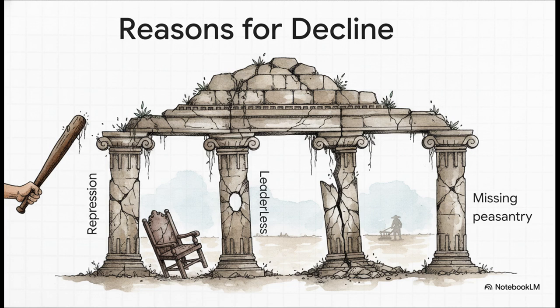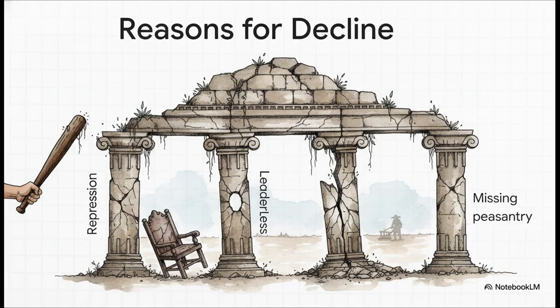First off, the government came down hard. I mean, severe repression. Second, the movement just didn't build a disciplined party structure to actually withstand that kind of pressure. Because of all that repression, by 1908 the movement was essentially leaderless. The heavy hitters were either arrested, deported, or just retired from active politics altogether. On top of that, internal squabbles were tearing the leadership apart.